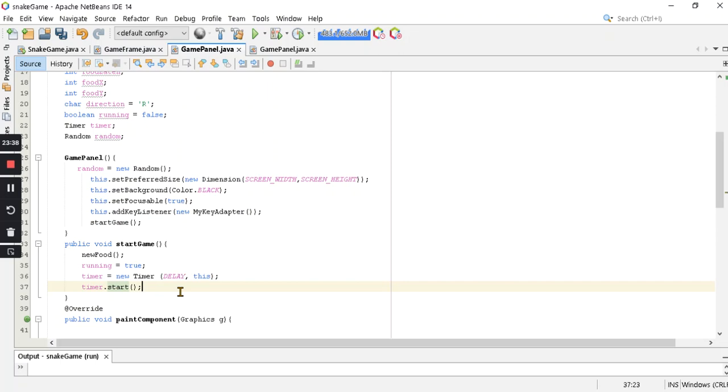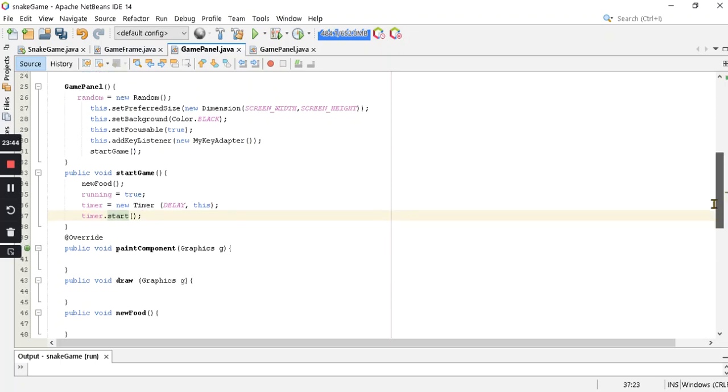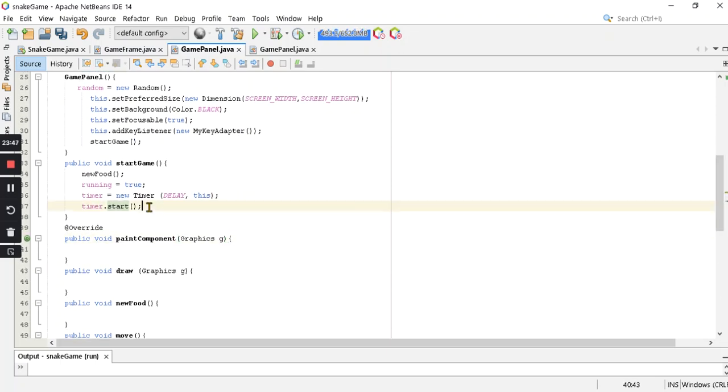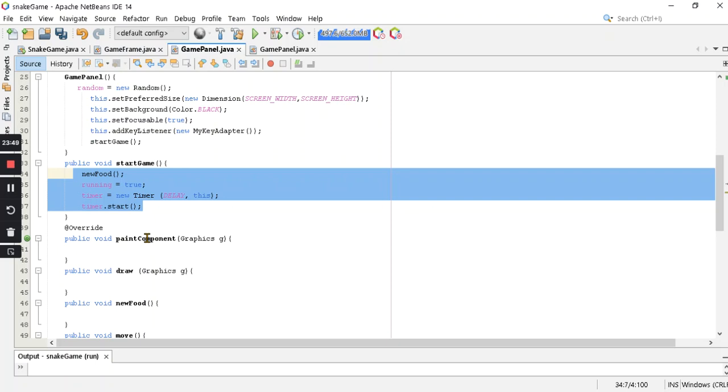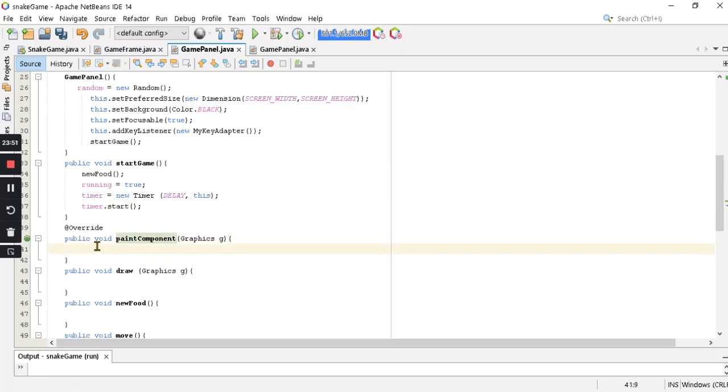Timer start. So, and then before, ito lang naman yung kailangan natin to sa start game. So we will move on to the paintComponent method, as to show the progress. So for that,